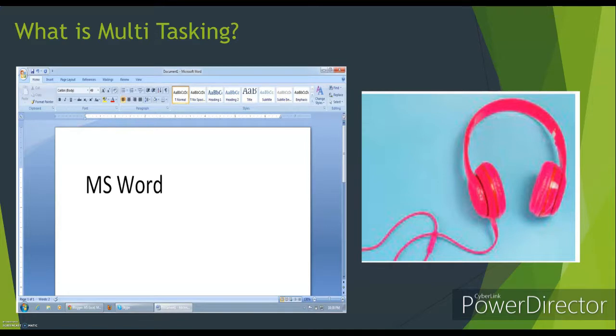In terms of computer, I would give a live example. I am presently giving you a PPT presentation and simultaneously I have a software running in the background which is recording all my proceedings. So in this way my computer is performing the multitask of handling PPT as well as my recording software.